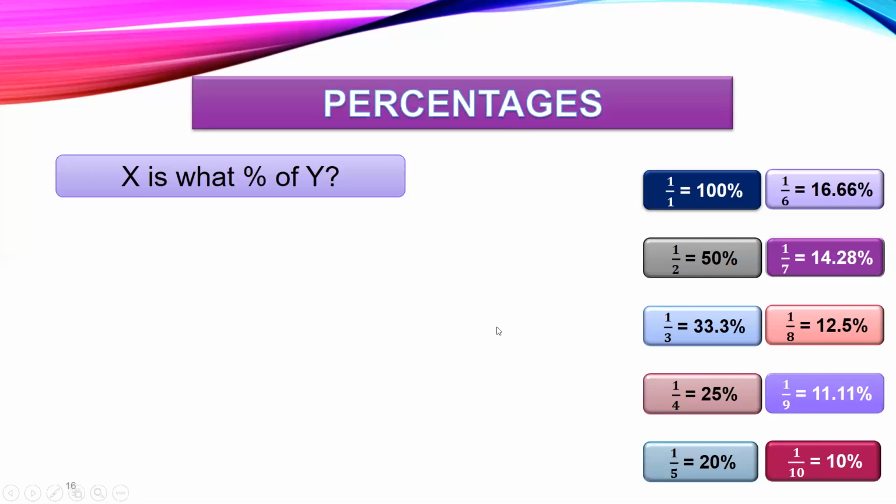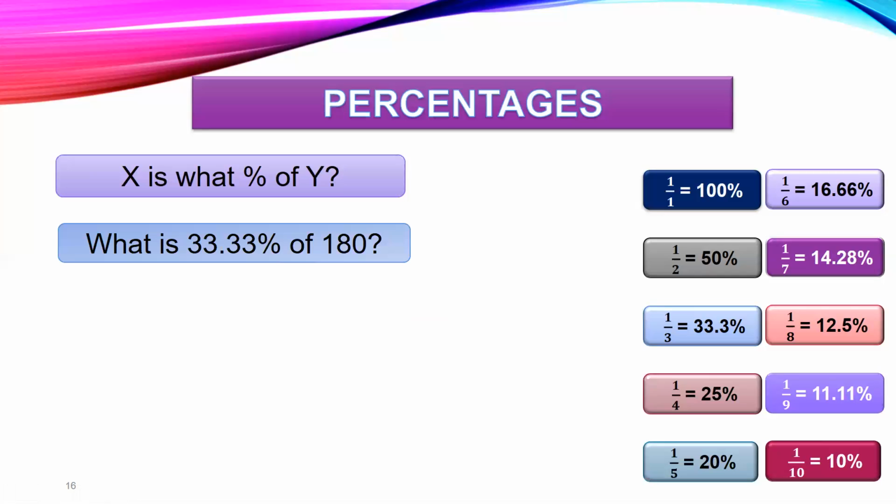Next, let us take one more example for the same thing. X is what percent of y. So I'm now trying to calculate what is 33.33% of 180. If I have to calculate this, ideally, what would you do? Anything percentage, when I say it, means that number by 100, correct? So ideally you do 33.33 divided by 100 into 180, and if you have to calculate all this, definitely you will take a few minutes, correct? So let us not do that. Now we will try an easy method.